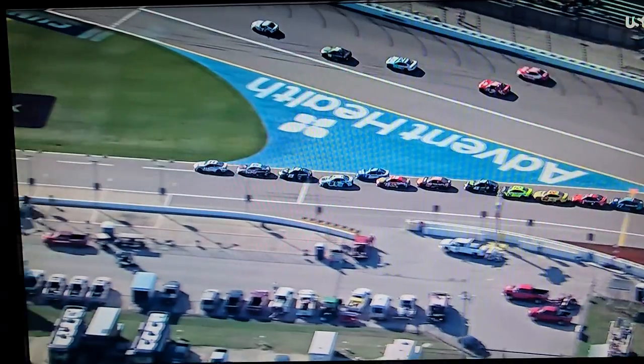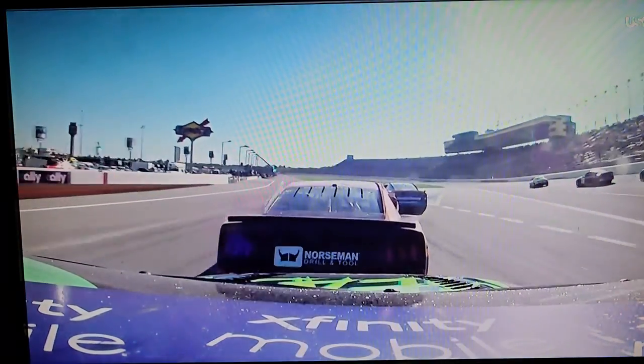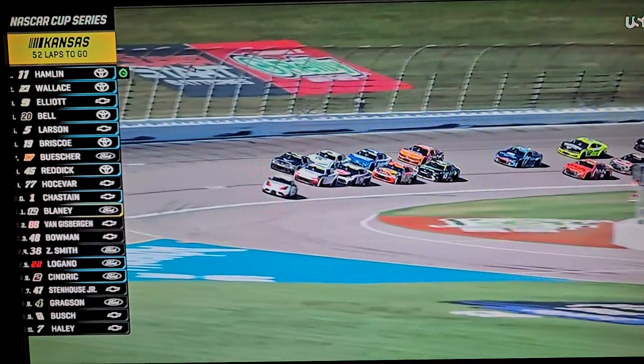Bang. A couple big shots into the rear bumper of the 17. We'll have to see if there's any damage to the nose. The trouble that Denny Hamlin has is he's leading this race. And he has started on the front row. What happens